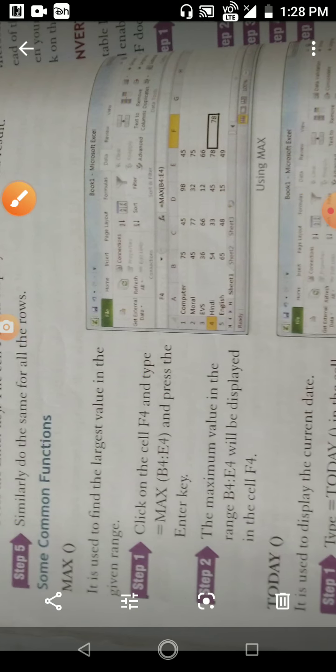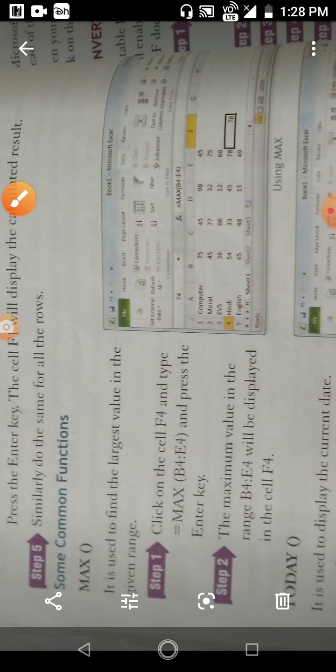Now we are reading about the MAX function. How could we use it? It is used to find the largest value in the given range. As you can read here, MAX represents the maximum value from the range, and here you can see the picture, from the B4 cell to E4.